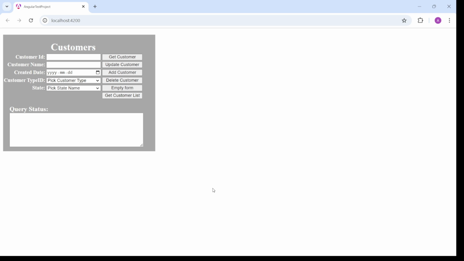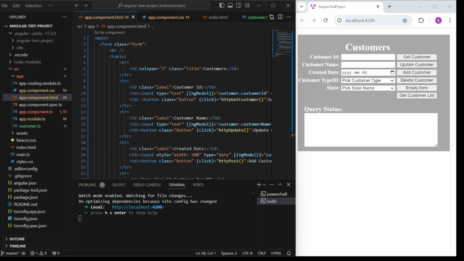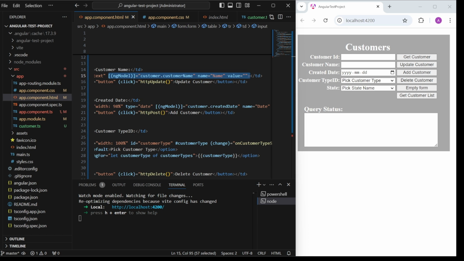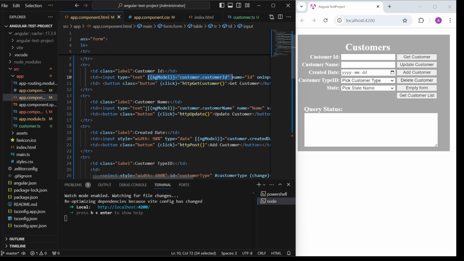Compiled successfully, and in a browser we have the customers form. This form we have created in the app.component.html file. Each table row contains 3 columns: for label, input, and button. Under the input element, we use the ngModel directive to implement two-way binding for these customer fields: customer ID,